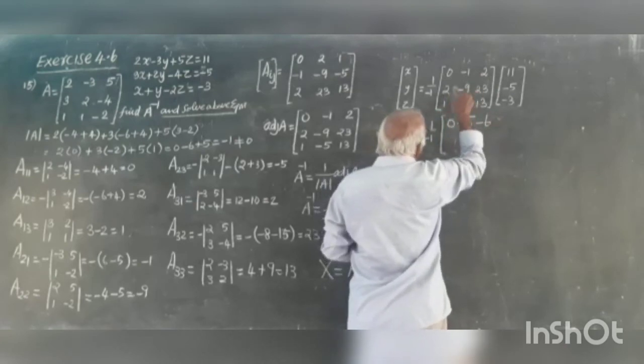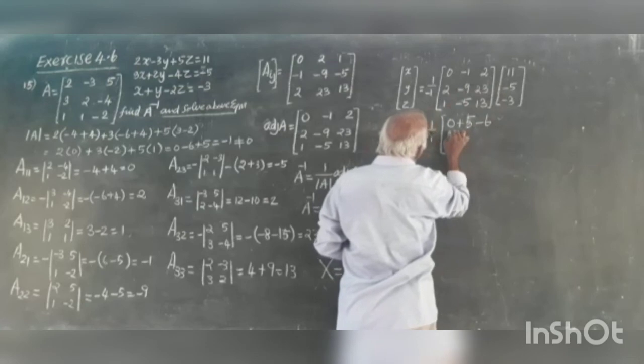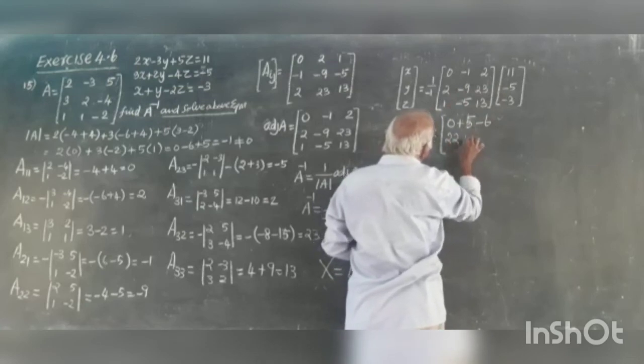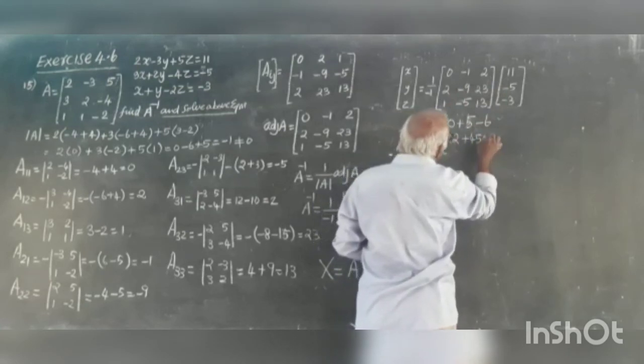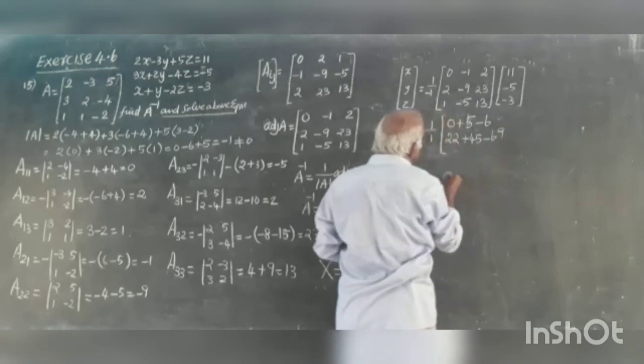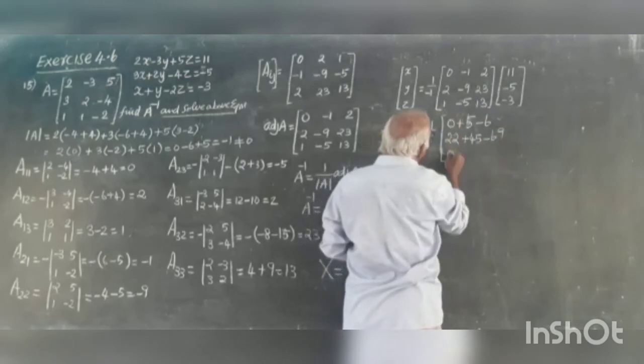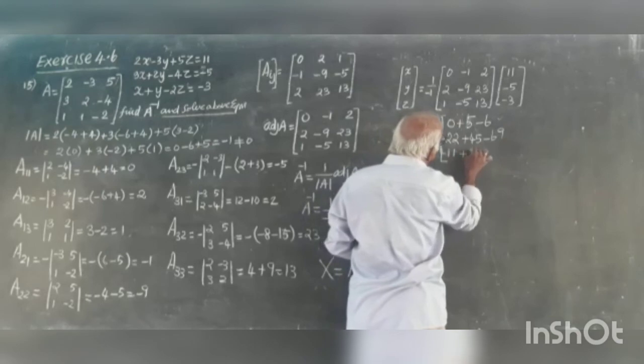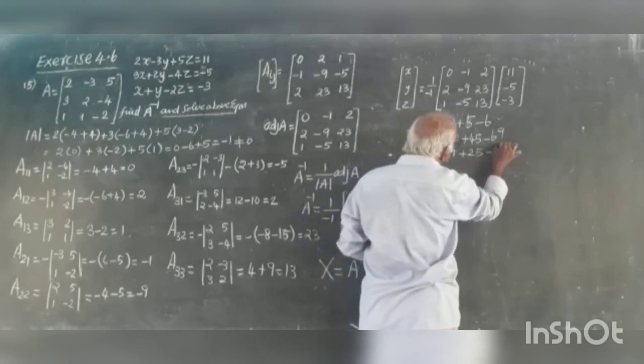Second row 0 2 into 11 22 plus 45 minus 69, and 1 11 plus 25 minus 39